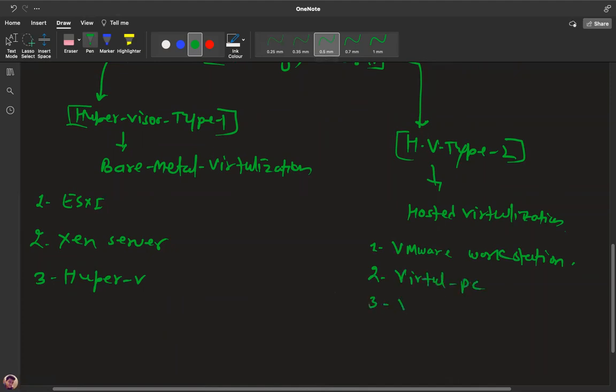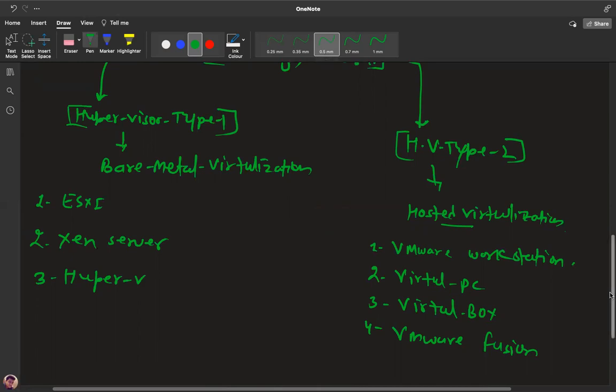VirtualBox, an Oracle product. VMware Fusion, a VMware product. These are all considered hosted virtualization or hypervisor type 2. Is it clear? It's clear.